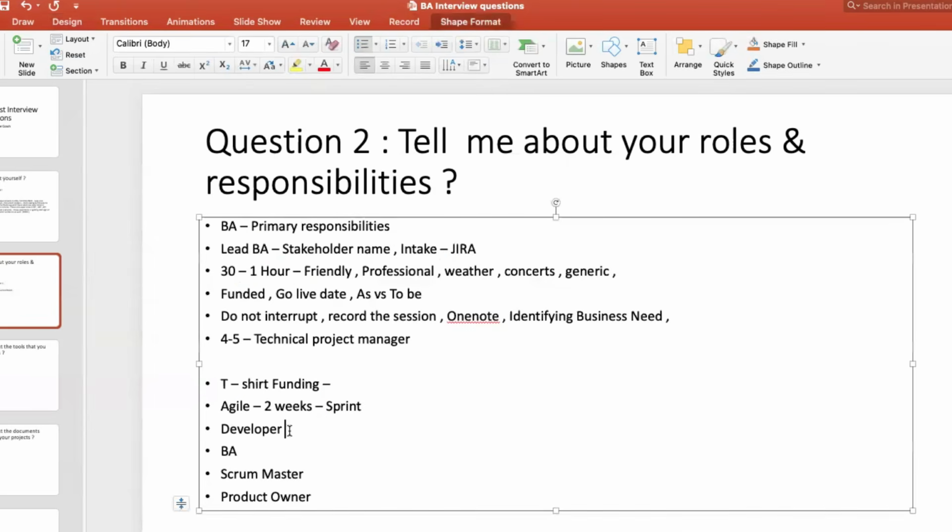So let's say for developers, you need 3 developers. And then BAs, you are the lead BA, but you need another BA also to cover whenever you are on PTOs or for testing purposes, for coordination. So let's say you need 2 BAs, one is you and then a junior BA. Then we have one Scrum Master, one product owner. Now how many resources do I have? 3, 5, 6, 7. Totally 7 people working on this project.